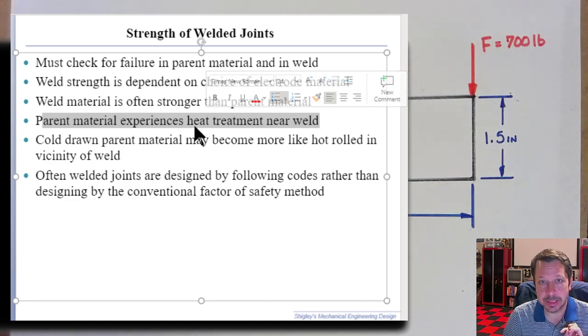But it gets heated up, and so all that pre-stuff that you have done, maybe cold drawing it, work hardening it, a real heat treatment, in that local area around the weld you're unsure about it. So you kind of have to go back to the hot rolled type properties for that parent material, and